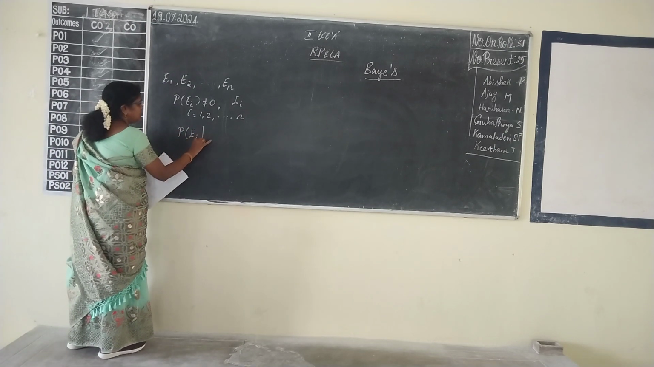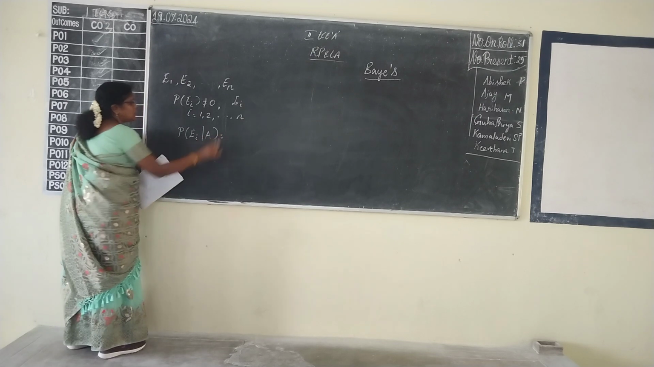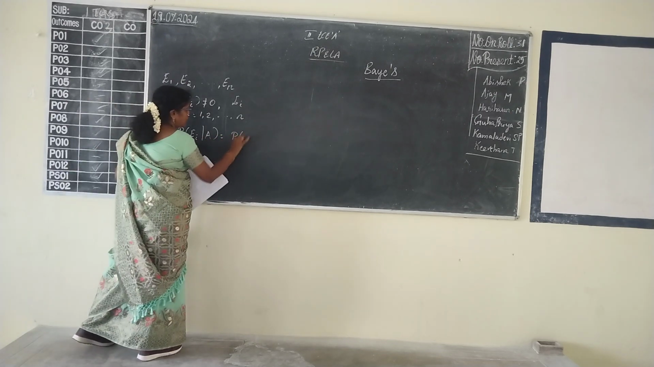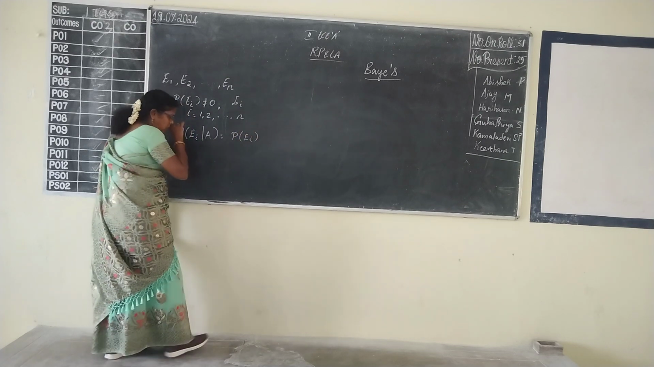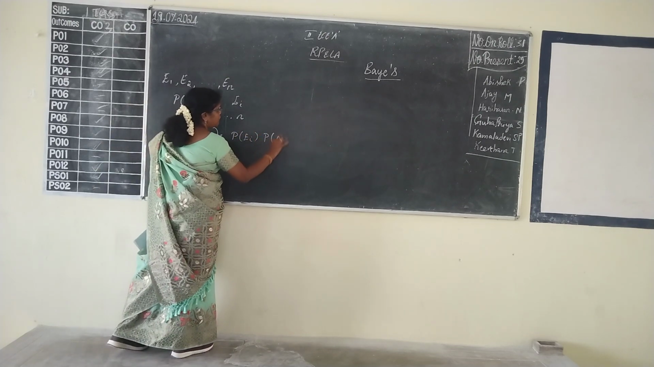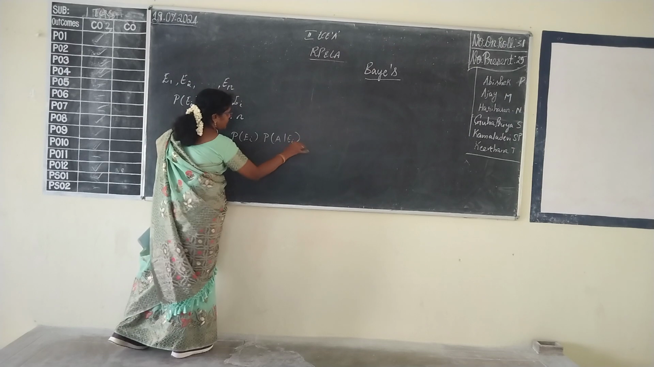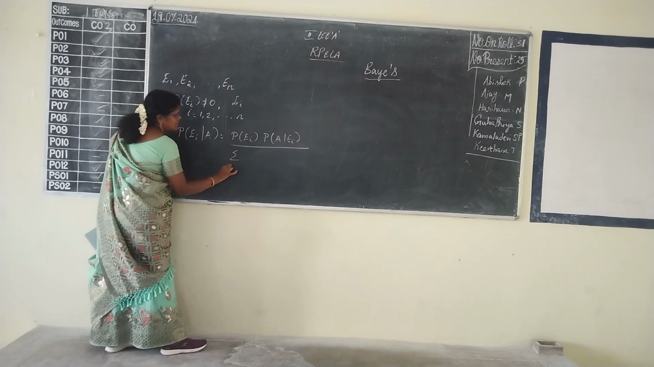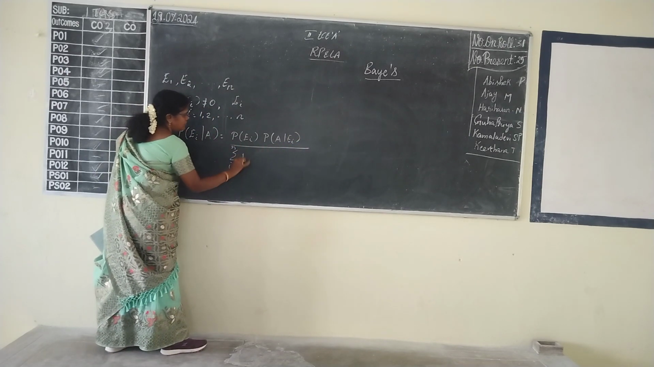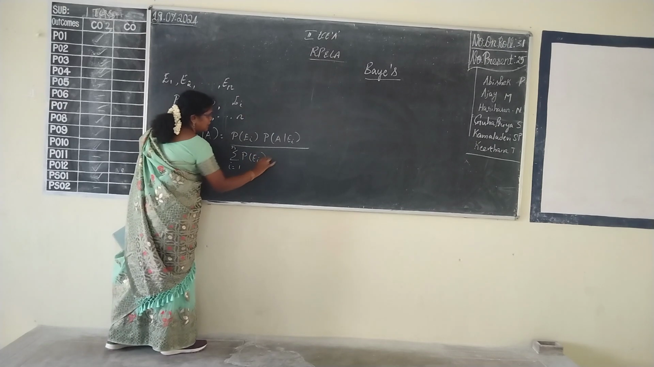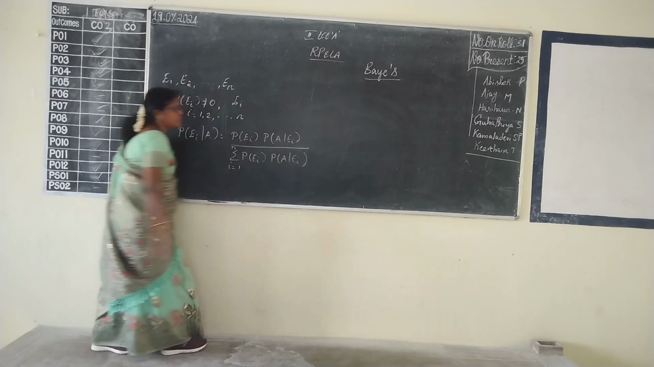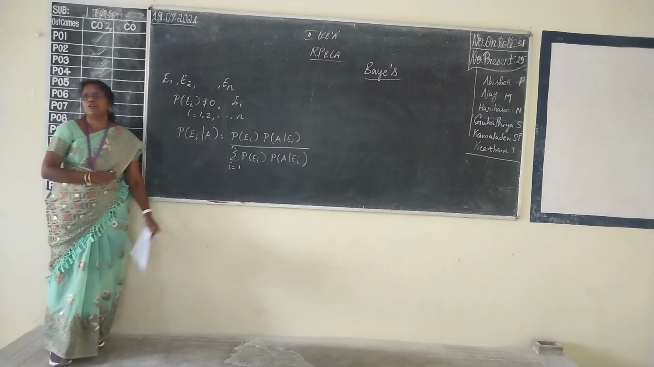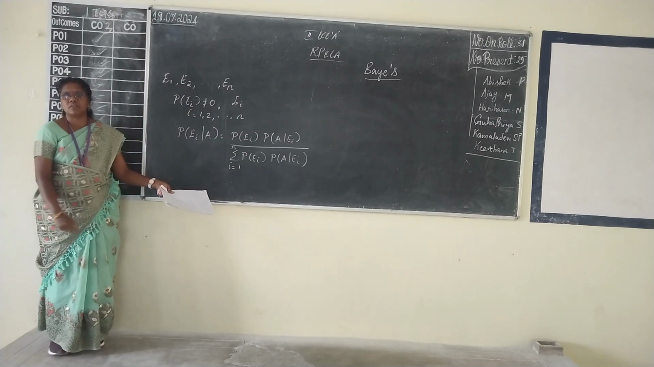Probability of Ei given A is equal to probability of Ei into probability of A given Ei, divided by summation i equal to 1 to n probability of Ei into probability of A given Ei. Numerator and denominator have similar terms, but numerator